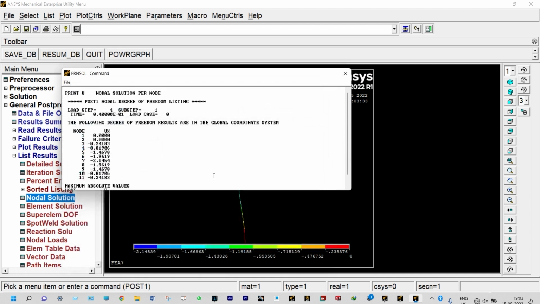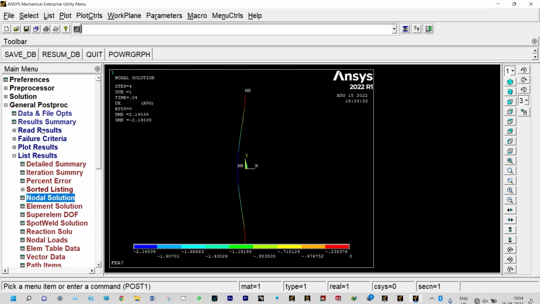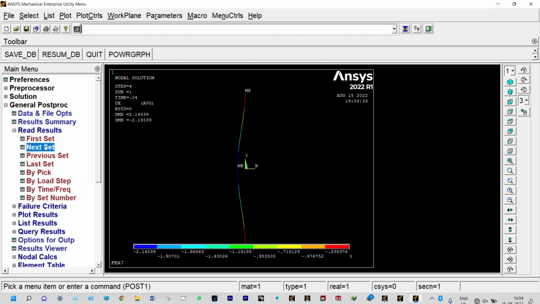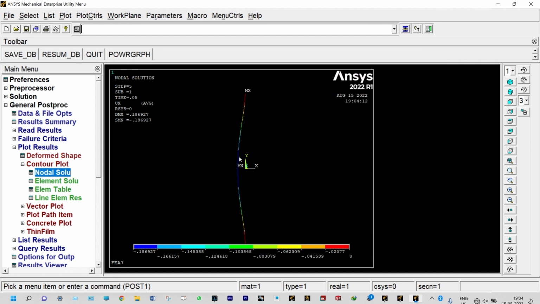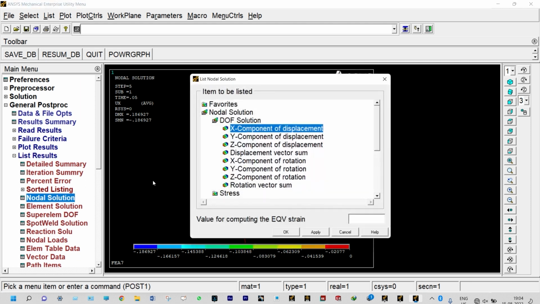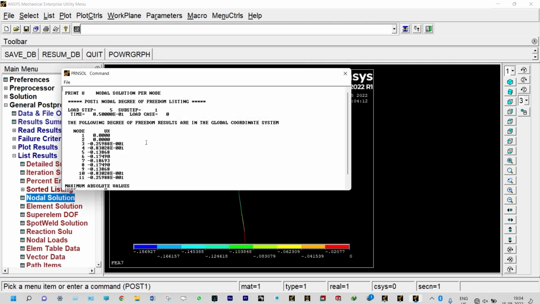Now this is having some meaning. Why are we saving? This one will be cleared after some time. We need to save all the 10 results, right? Again, read results, next set, plot results, nodal solution, x component of displacement. This is a little different. All sets are actually different. Through our eyes it cannot be viewed properly, but when it is vibrating, that will be easily visible, right? Okay, now again we need to see the results in the form of listing, list results, nodal solution, x component of displacement. This is step number 5, so we can save it as file number 5,